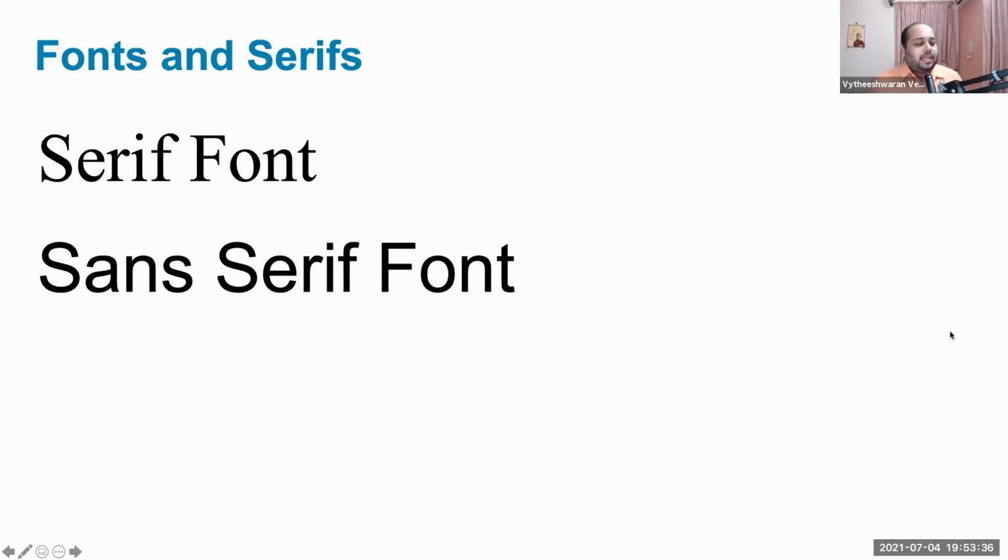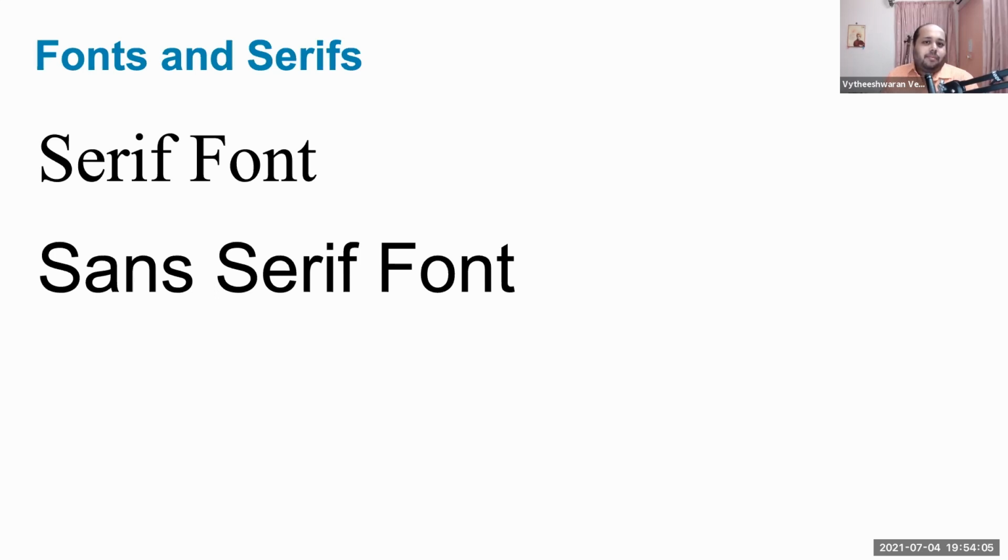Okay, so these lines that you see over here with the S, with the F, with the T, and things like that, these small ticks, those small lines that you see. The R over here has a small indent over here. So these are called serifs. And right below it, you can see that the letters are much smoother over here. So these are called sans serif fonts.